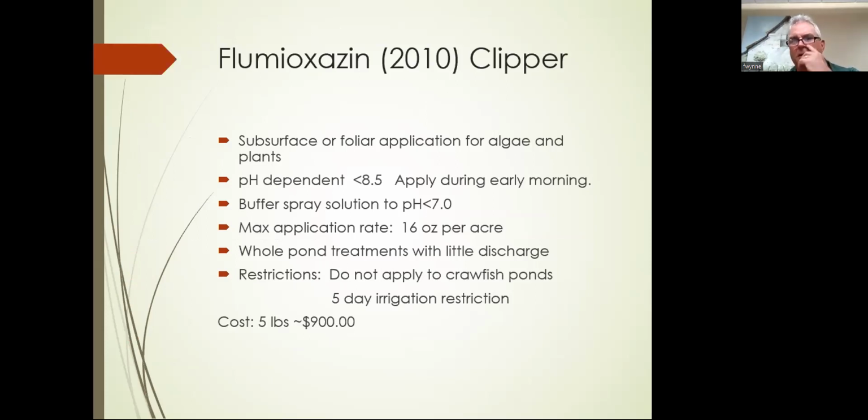Flumioxazin is actually a contact herbicide that can be used for watermeal and for duckweeds, but you've got to get out very early in the morning and use it. It's still fairly expensive, and it will take a lot of plant growth down in a hurry. It's a good herbicide to alternate with fluridone treatments. The problem is that the plants can become resistant to it very quickly, so you don't want to use this stuff repeatedly. But Clipper, relatively new